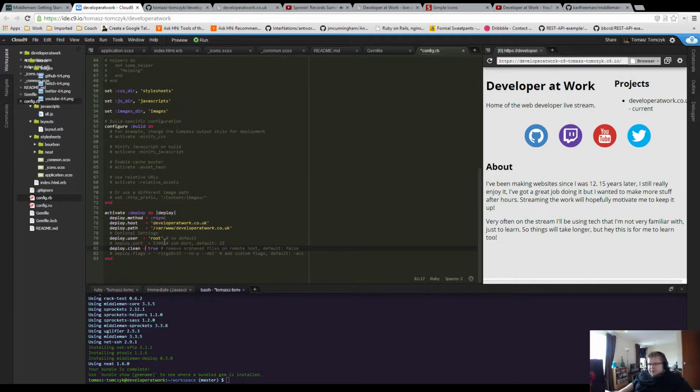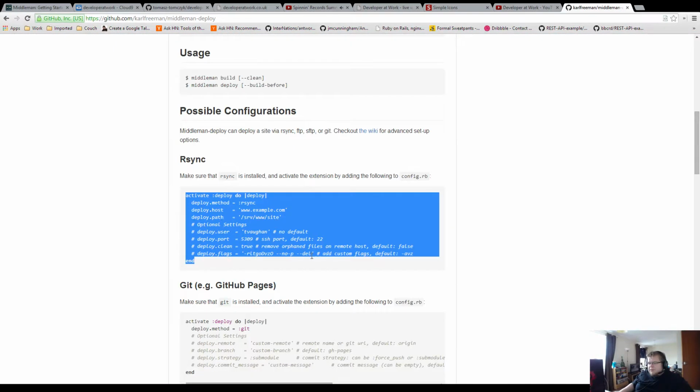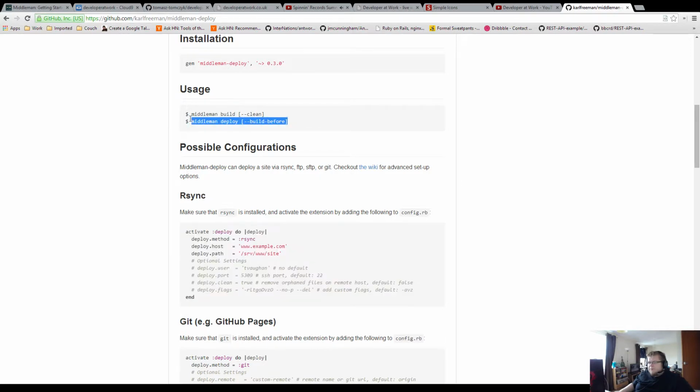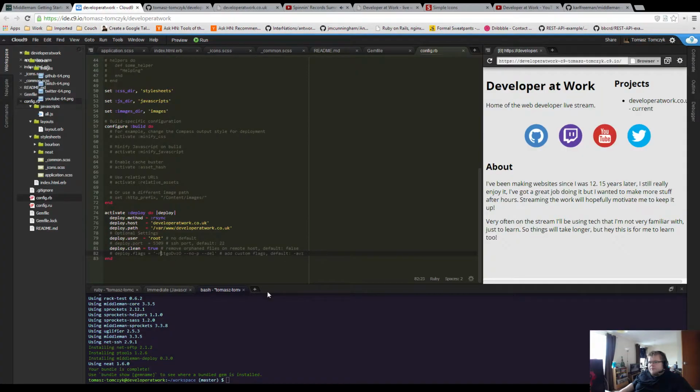It's actually quite handy. So let's see what this does. So hopefully it will ask for a password.